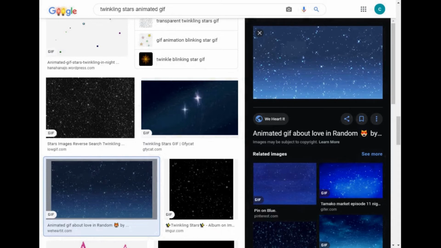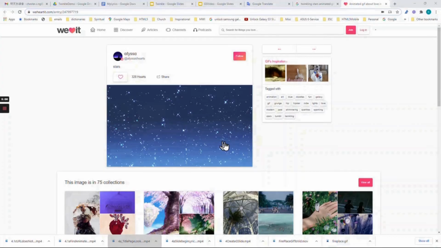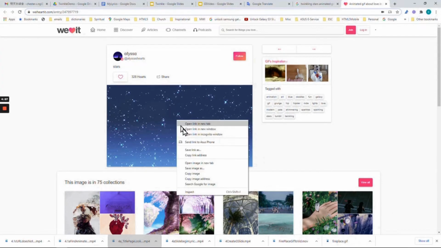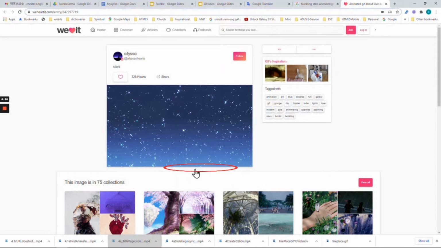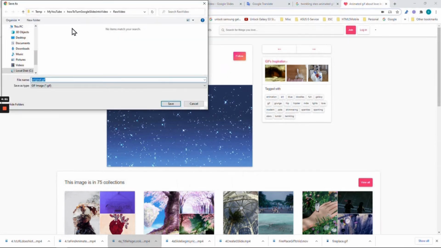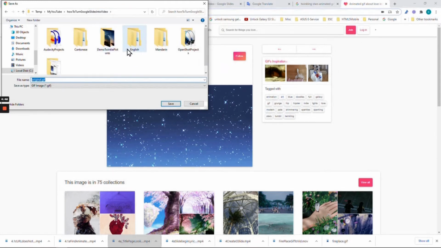I have gone into this URL as well, and I found that the image address that they provided doesn't really work either. So in the following, I'll show you how to get the images if the URL they provide does not work. I already said that the copy image address of this image does not work for us. So right now what we need to do is save the image onto our computer. To save the image onto a computer, we'll choose Save Image As, and then of course we'll go into a folder that we know. For example, I'm right now saving onto this course folder where I'm accumulating all the images,